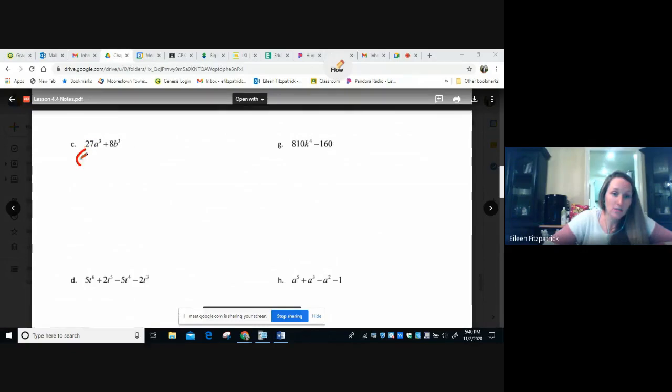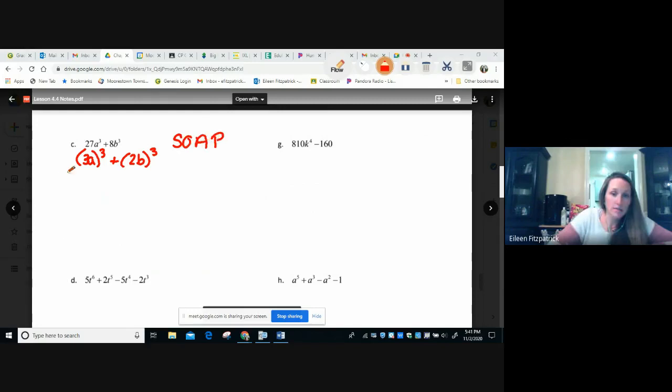So I'm going to rewrite this as 3a to the third, right? If you have 3a to the third, that means 3a times 3a times 3a, which is 27a cubed. So it's just another way of writing 27a cubed, all right? Then I'm going to write 8b cubed as 2b cubed. Okay, so the pattern, and if you remember, I talked about SOAP, same opposite, always positive, in a